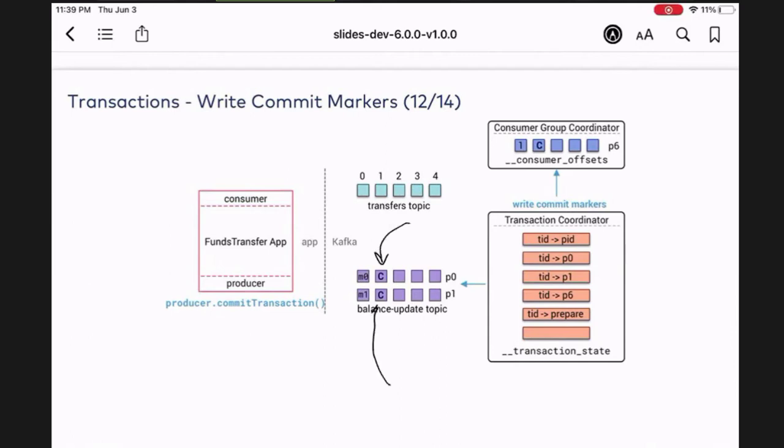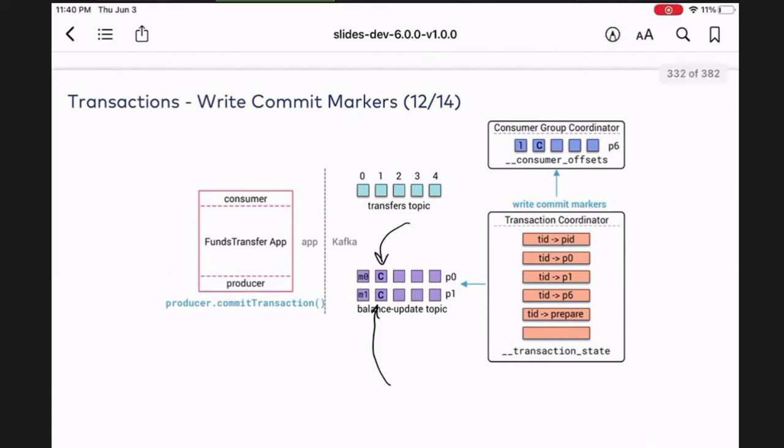These commit markers, which are special, signify sort of the end point to say, look, these are not messages for the consumers to consume. Some people call them control messages, and some people call them commit markers. But these are just special messages. They just say, look, this is the result of this transaction, right? I want to commit it or I want to abort it. They're not something that the consumer will consume, but they signify at that point whether you commit or abort, right? And it's an all or none kind of thing.